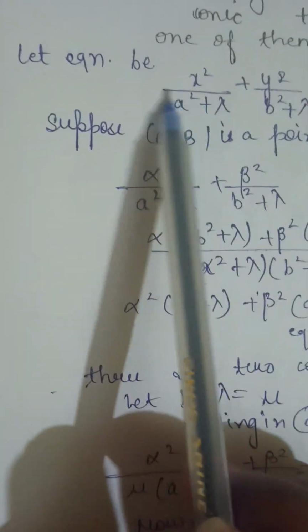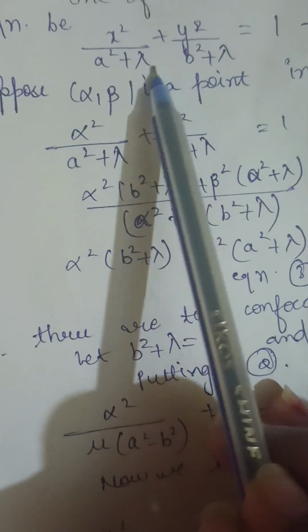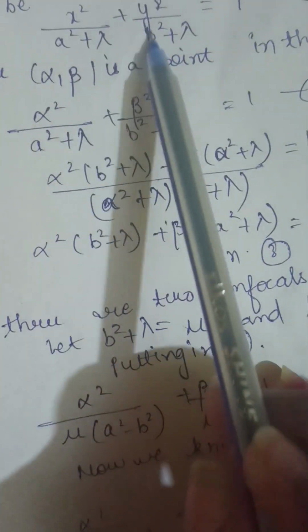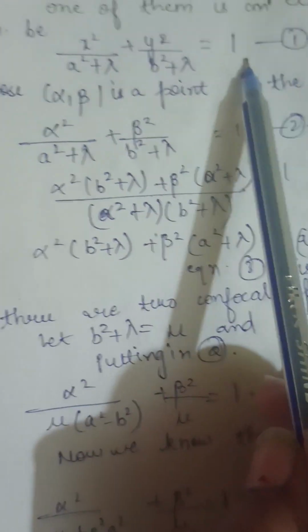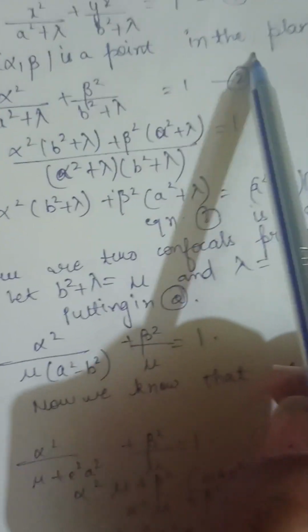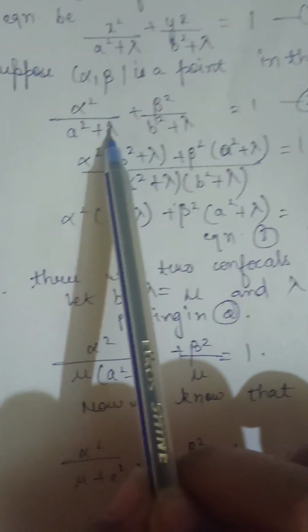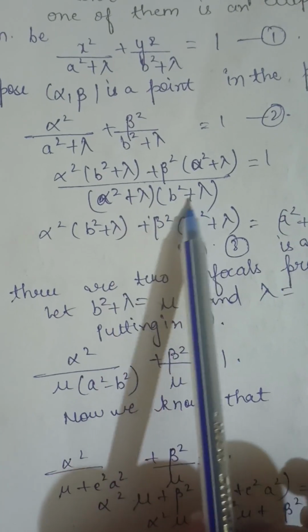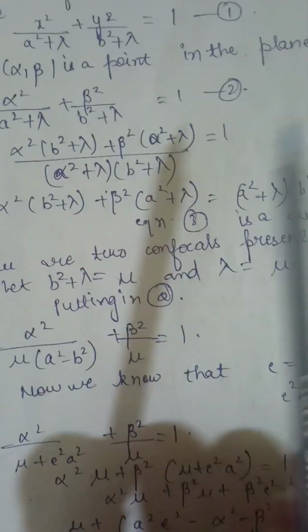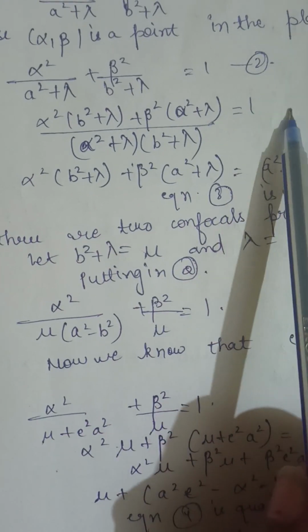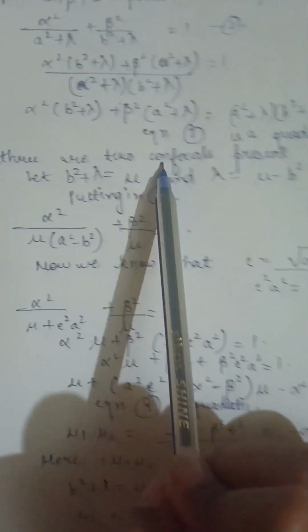this property number 2. Let the equation of the conic be x square upon a square plus lambda plus y square upon b square plus lambda is equals to 1. Suppose that alpha beta is a point in the plane of equation 1. Satisfy the same here. When you would cross multiply and take the LCM, you would get somewhat like this. And when this moves to this side, we would get equation number 3, which is a quadratic equation of the